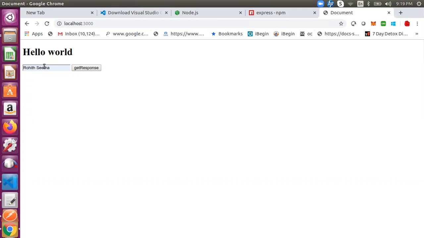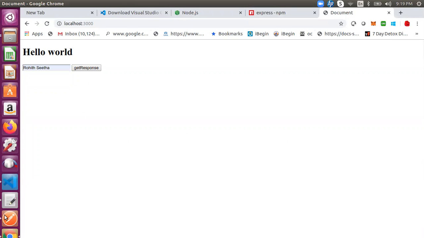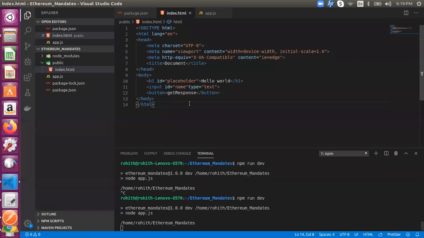So for that, what do I need to do? When I click on get response, I need something to work on. So for that, I need to have some JavaScript, right? So I need to write some script here.